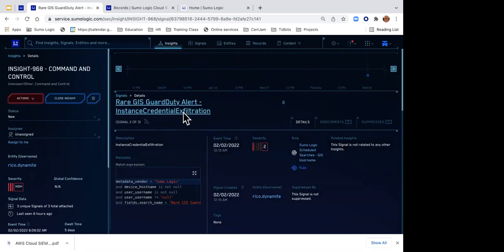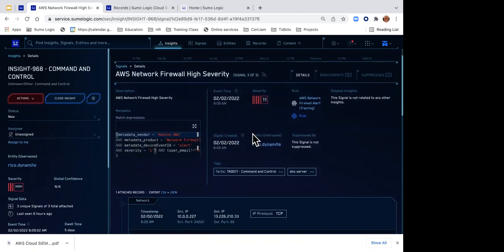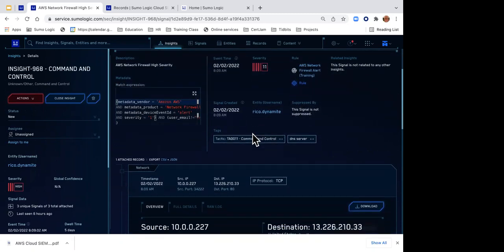So there's my second thing. Somebody tried to log in again using a deleted account, an AWS API connection. Then they're trying to do credential exfiltration. When I click next, I also got a network firewall high severity alert, which has a score of 11. There is a way to make the severity score 11, but for test purposes, I wanted you to know it's 0 to 10.